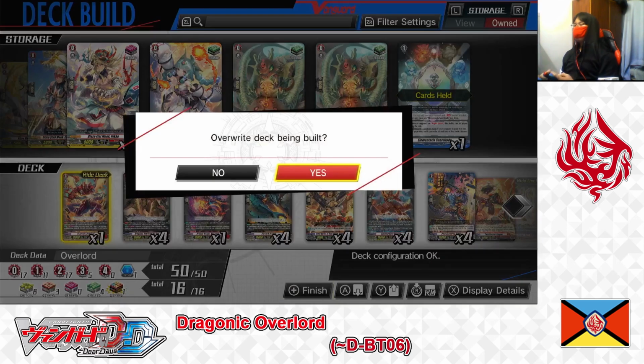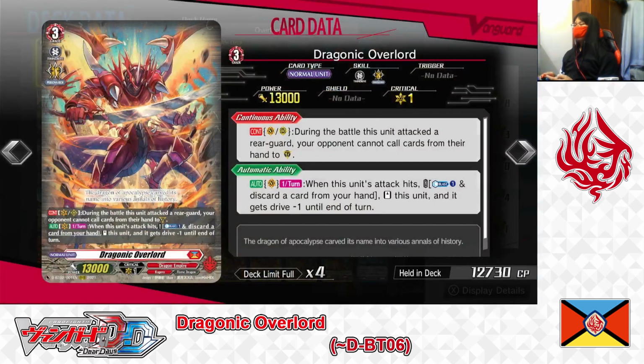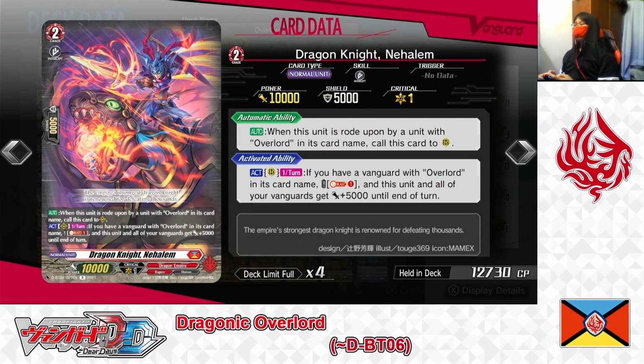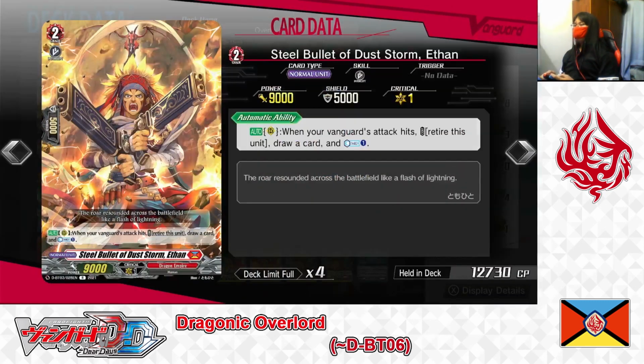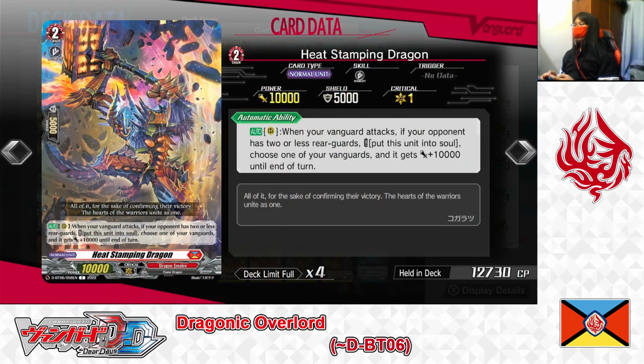Cards explained, so let's save the deck. Overwrite deck being built? Yep, pressing yes. Okie dokie, the deck has been built, cards explained, and for the cards in this deck, we're playing 1 Grade 3 Dragonic Overlord, 4 Grade 3s Dragonic Overlord, The End, 1 Grade 2 the Dragon Knight Nehalem, 4 Grade 2s the Berserk Dragon, 4 Grade 2s Steel Blood Duststorm Ethan, 4 Grade 2s Burning Horn Dragon, 4 Grade 2s Heat Stamping Dragon,